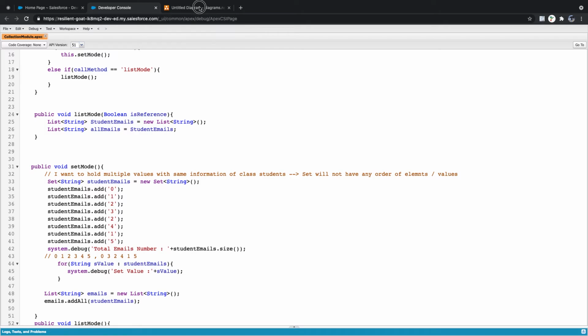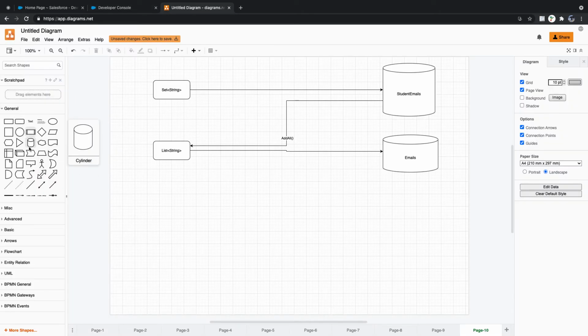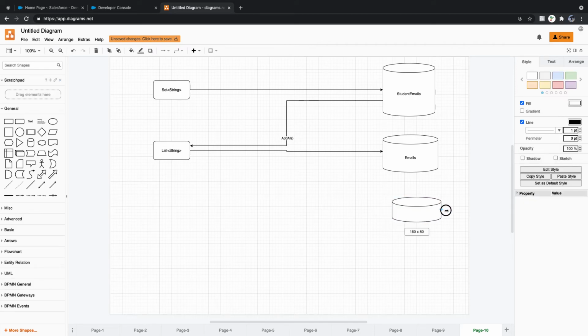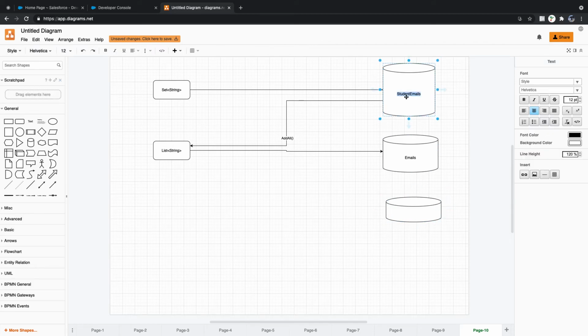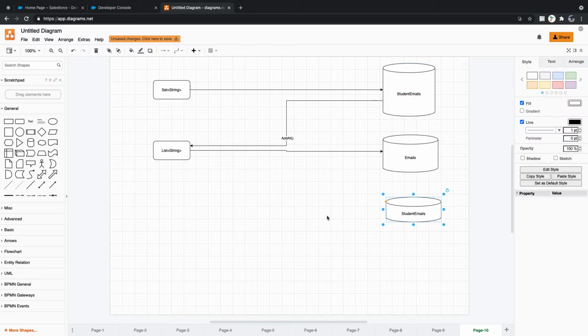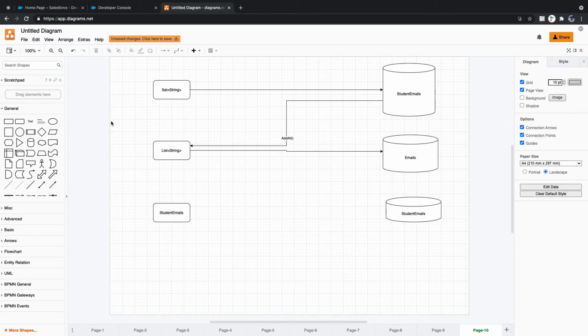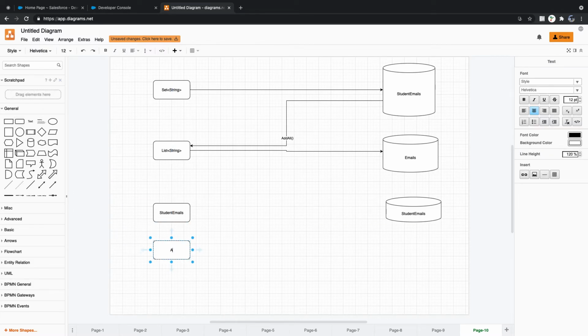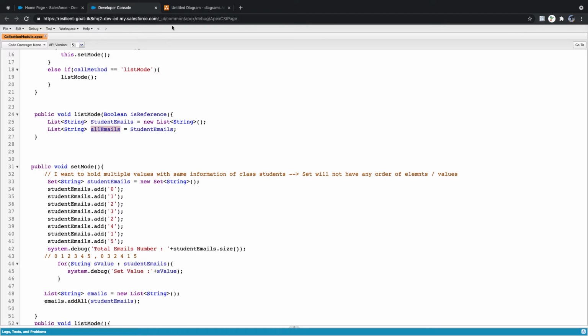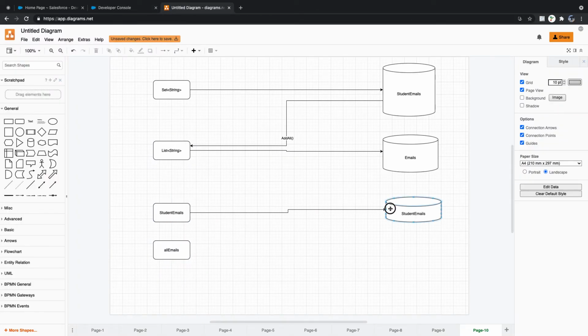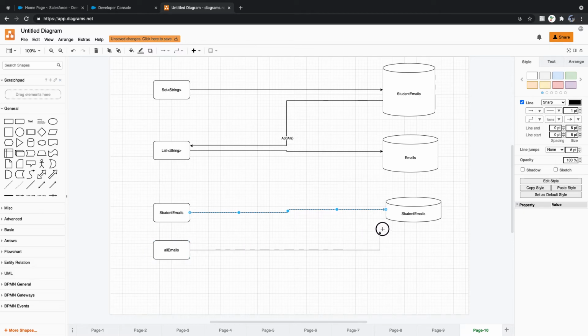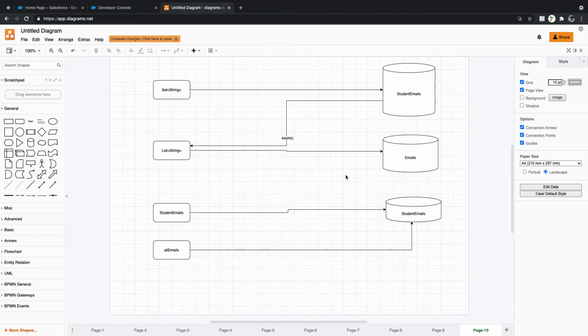Now for this example, let's do one thing. I have an object, right? I have a memory space called student emails, and I have two variables that I created. One is student emails. The other one I also created, one more variable called all emails, right? That's what we did here, isn't it? All emails, and we are pointing back again to this reference to the object. And I'm pointing this to the same memory object, right? So how many variables do we have for the same memory instance?